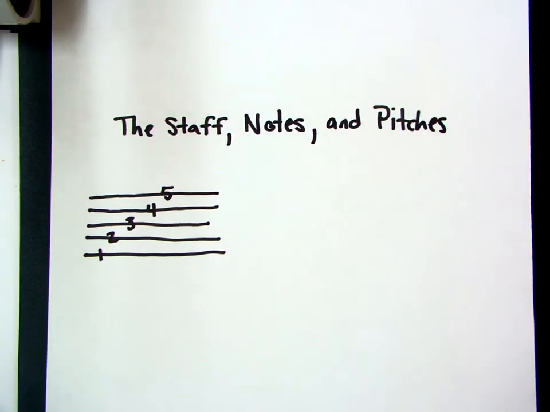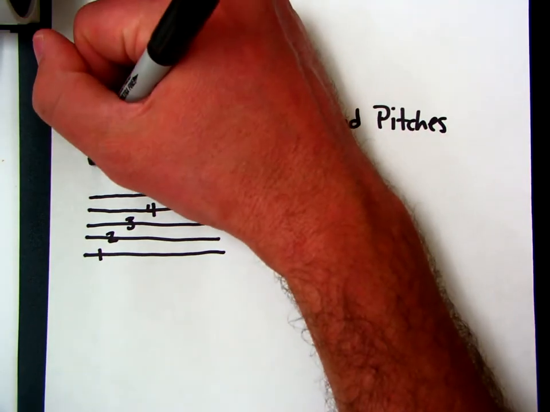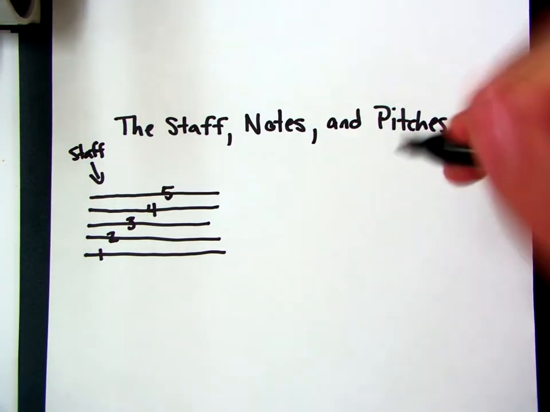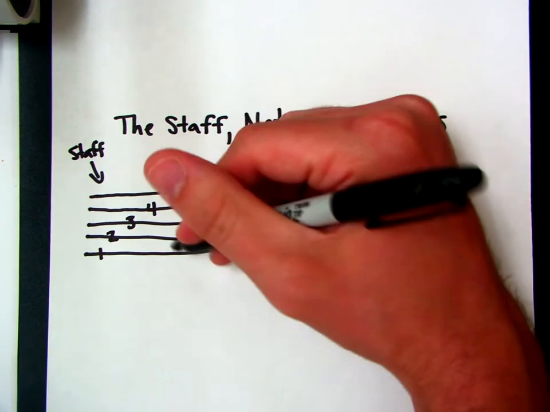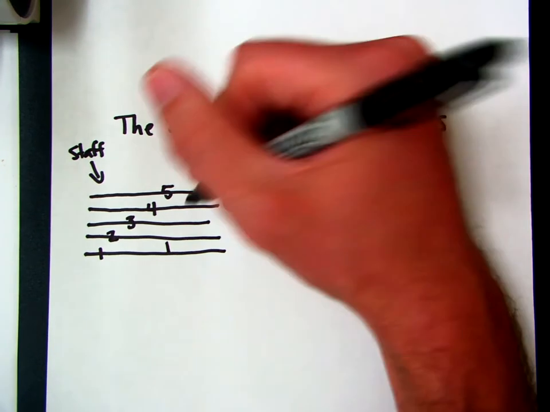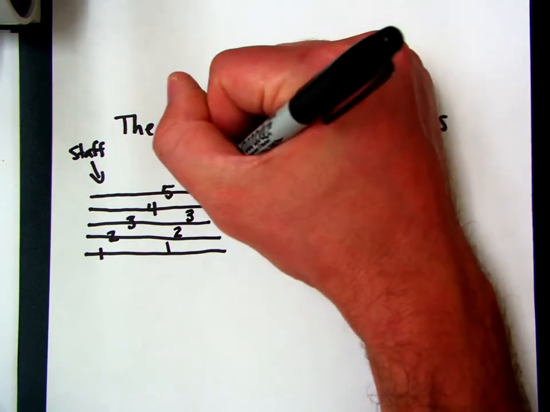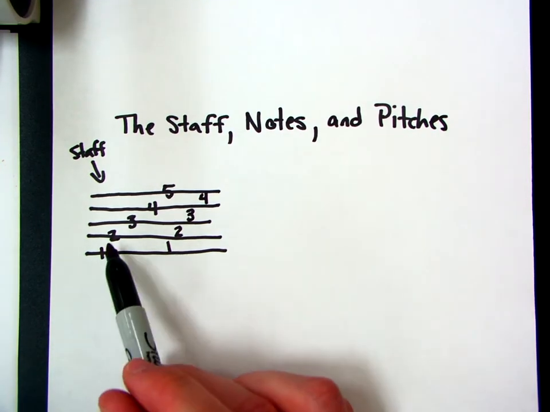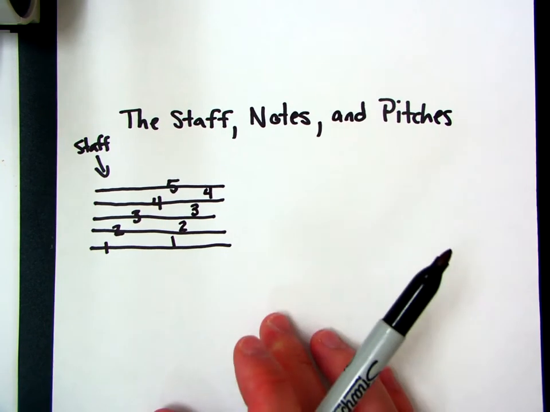All right, and then the same thing for the spaces on the staff, right? Remember, this thing here is called a staff, S-T-A-F-F. The thing we're writing on, the 5 lines and 4 spaces, is called a staff. Now, we number the spaces, right, in between the lines from the bottom to top also. So this is space number 1, space number 2, space number 3, and then space number 4. All right, 5 lines, bottom to top, 1, 2, 3, 4, 5, and then 4 spaces from bottom to top,